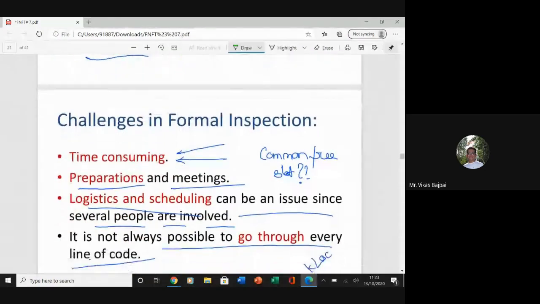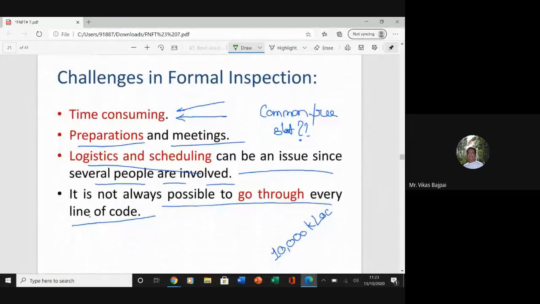Yeah, there are some challenges in formal inspection. One of the challenges is that finding a common slot which is free for all is a very tedious task. And of course, it becomes a time-consuming process as well, because I need to identify the free slot, then I need to book a room for this particular process, then jot down the details, right? All those minute details make this a very time-consuming process.